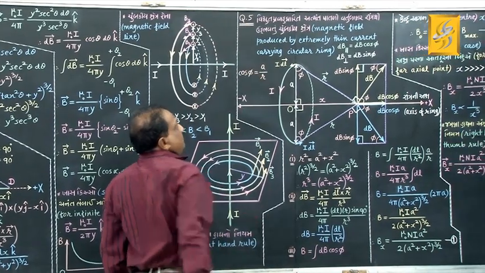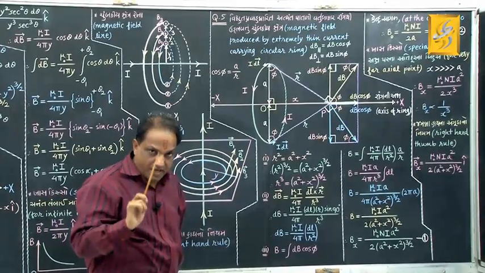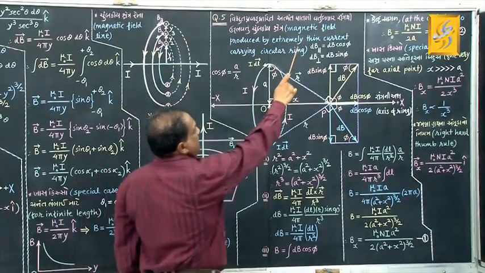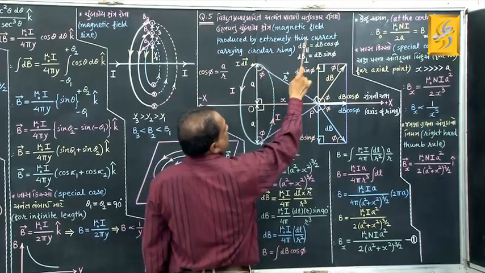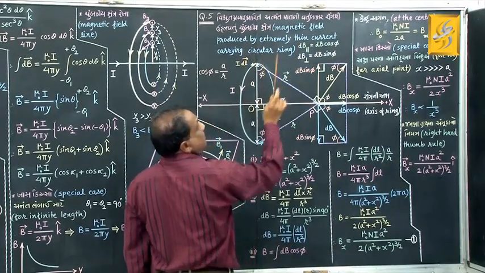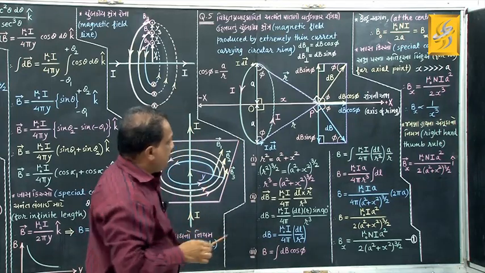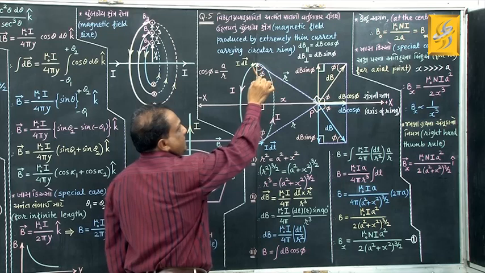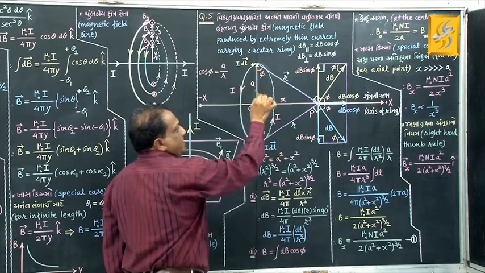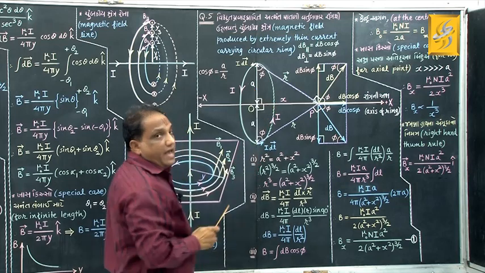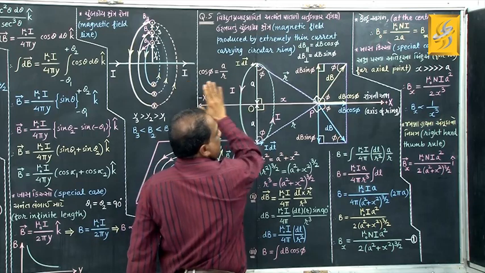Now we go for question number 5, which is also a very important theory about finding the magnetic field produced by an extremely thin current carrying circular ring. How to find it? I am showing you. Consider an extremely thin current carrying circular ring with radius small a and having its plane perpendicular to the plane of the